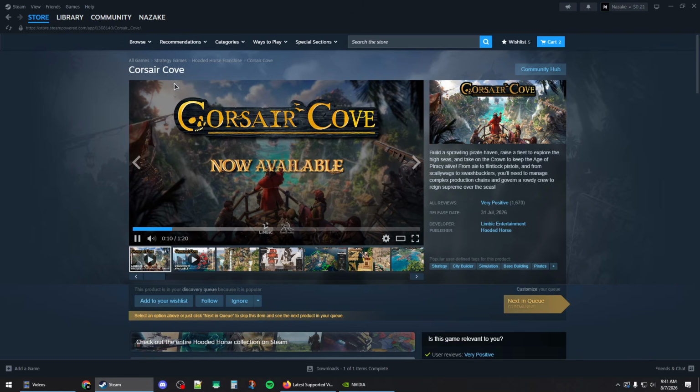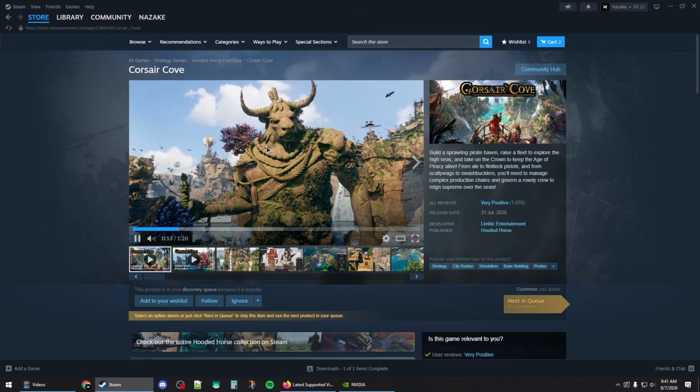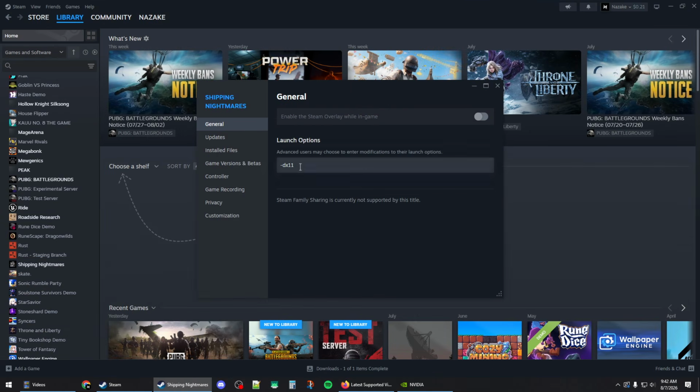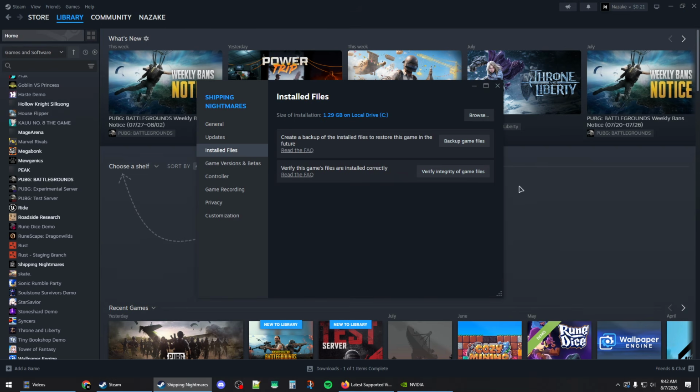How to fix Corsair Cove is crashing on Steam. So first you want to go back to your library, right click on the game and open the properties. In the launch options you want to add -dx11, then go to installed files and verify the integrity of game